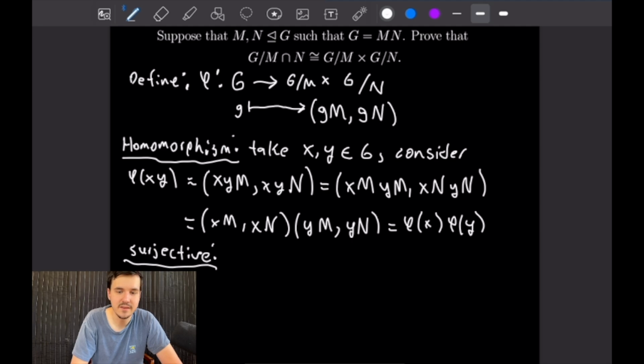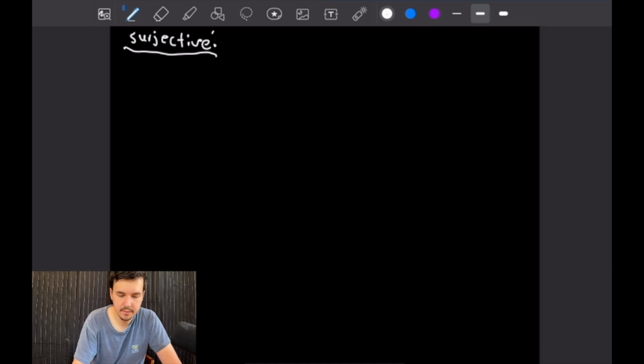The first is that G is equal to the product of M and N, and the second is that M and N are in fact normal in G. So let's go ahead and begin with those facts and see what we can do with them. So first I want to note that for all elements in our parent group big G,